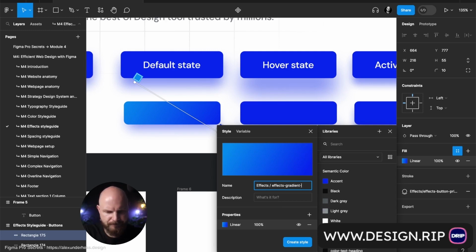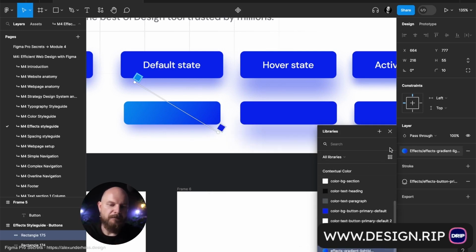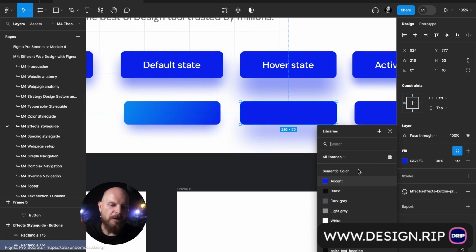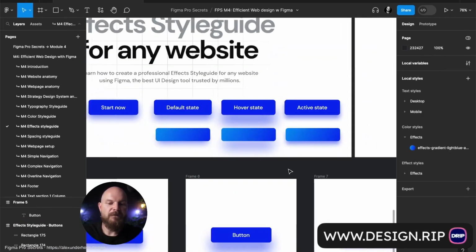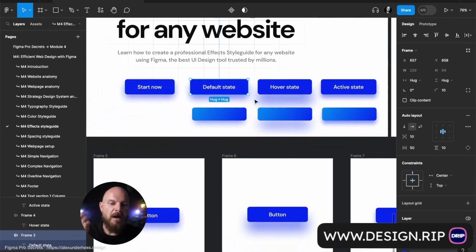Gradient. Here, go to light blue, dark blue, or accent. Something like this. Create style. Now, when I go here, instead of using variables that we created, semantic color and contextual colors, effects, boom, done for this button, effects, done for this button. Perfect. Awesome. Now, if I have it as a component,